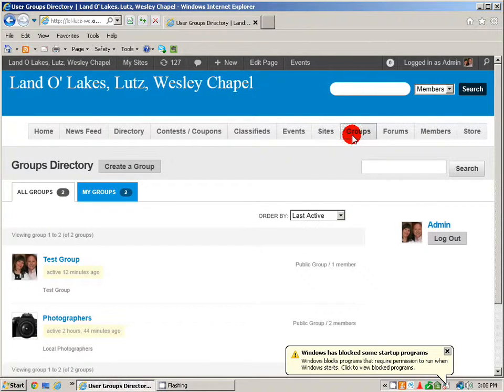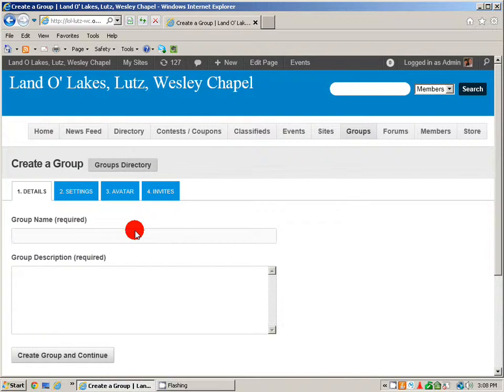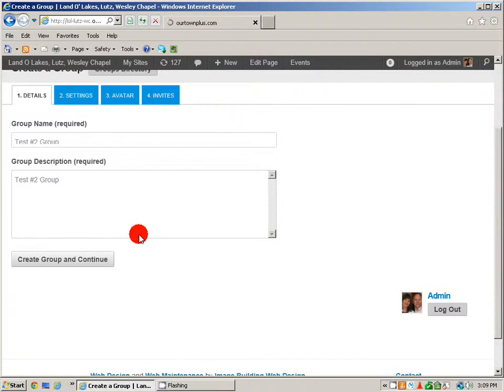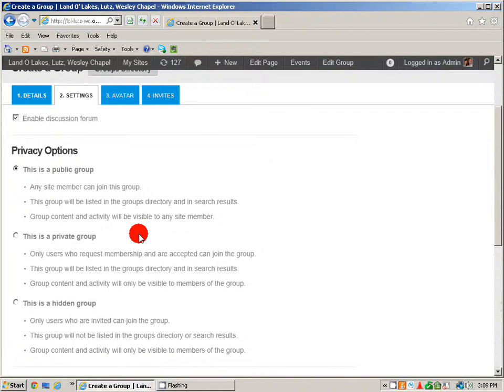Okay, so let's look at groups here. We just clicked on groups. You see we have a photographers group and we have a test group, and we're going to create a new group. So we click create a group, and let's say test number 2 group, and test number 2 group for the description right there. And we click create group and continue. And this will let us then create